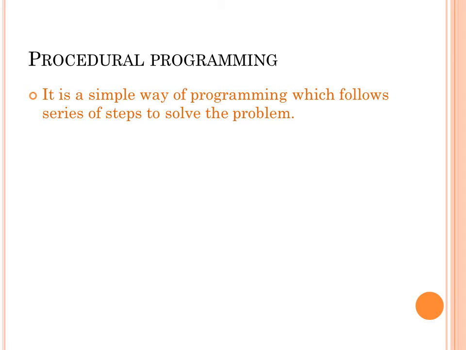So the programs are written, or they are divided, in the form of a set of steps, where we are going to start with the input part, then we are going to analyze what logic has to be applied and how the solution has to be derived. Along with that, third will be the output part. So the simplest way of writing programs is starting with input, then processing and output. That is how it goes.